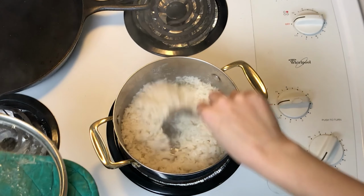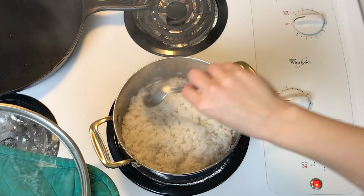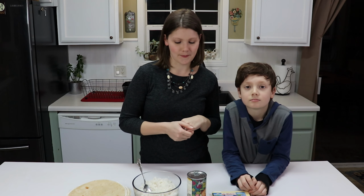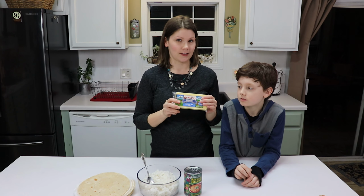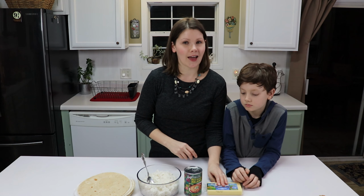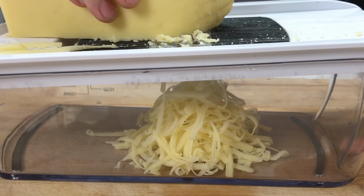You'll probably end up with some, but I like to mix the extra meat in with the rice, and it's a great leftover snack or lunch for the next day. We use refried beans and cheese. Now, not all of us in this house can have cheese, specifically myself, Clark here, who has a dairy allergy,